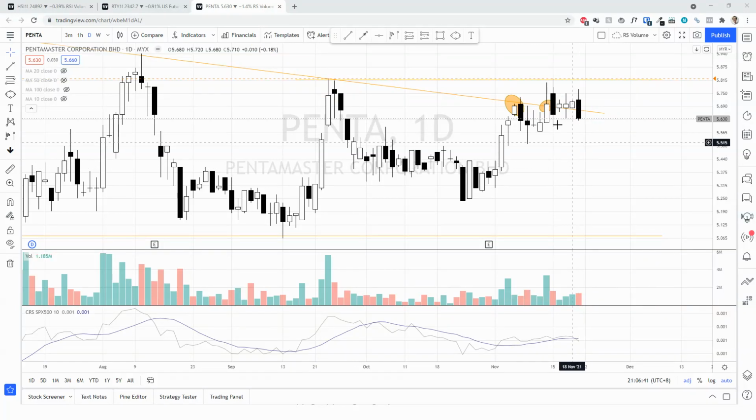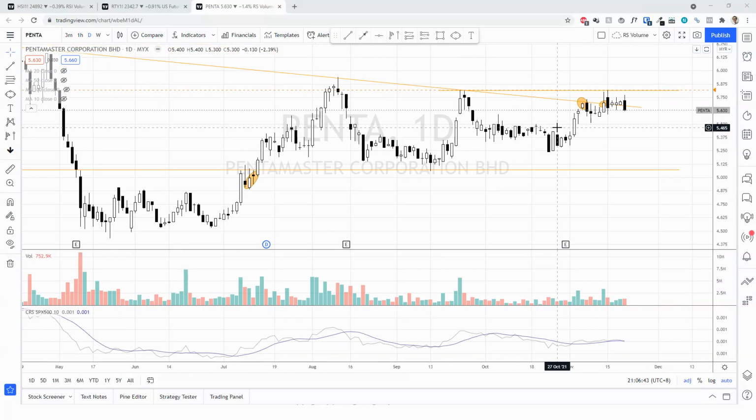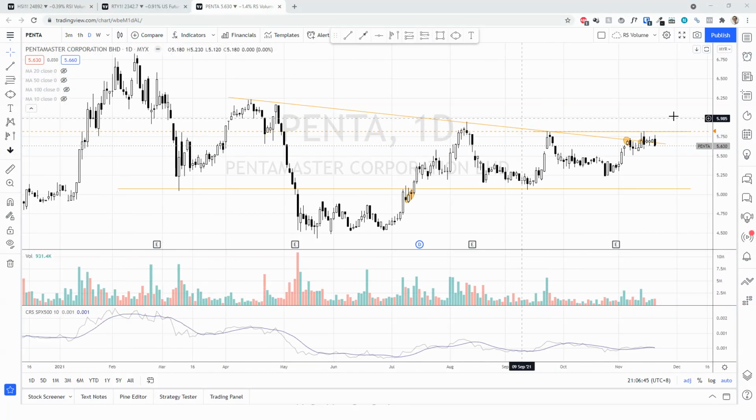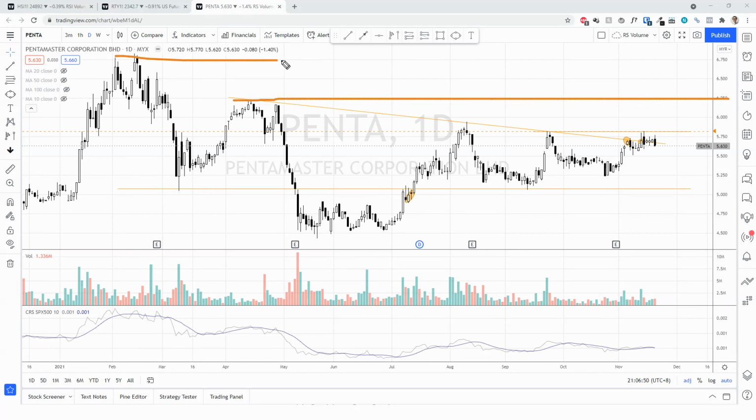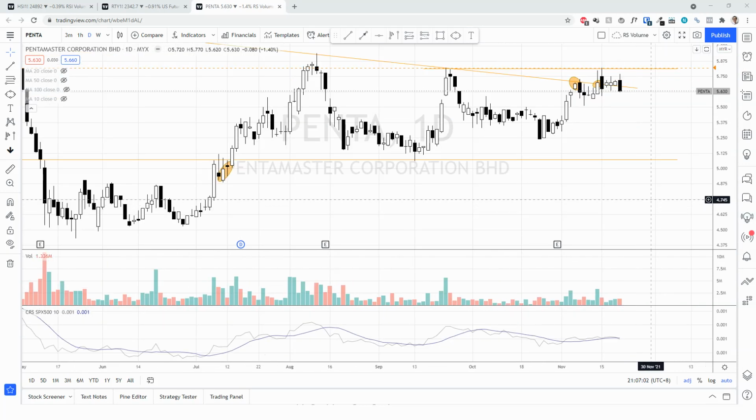I still see that there is a lot of upside for Penta, at least to test the previous few levels ahead. So this is the 625. Next is probably the all-time high, 675. So overall it is generally a reaccumulation structure, is my bias. For entry, you probably want to wait for a commitment above, that's for a breakout. Otherwise, wait for a test of the support at about 5.5 and see whether you get a reversal from there. That's Penta.